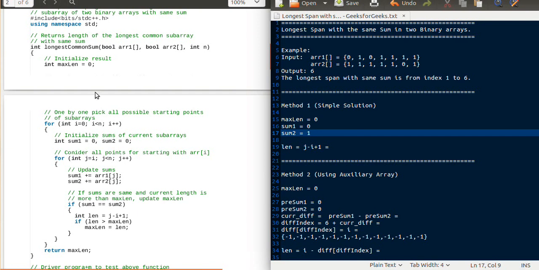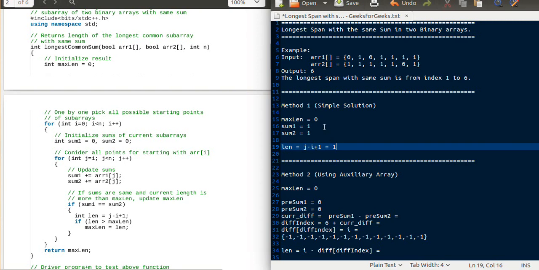Moving on, for the next iteration of i, when i becomes 1, that is when we start from here, and when j is 0, we see that for this iteration sum1 is equal to 1 and sum2 is also 1. So now we will go inside this block, and now we'll calculate length. Length becomes 1 here because j is also 1 and i is also 1.